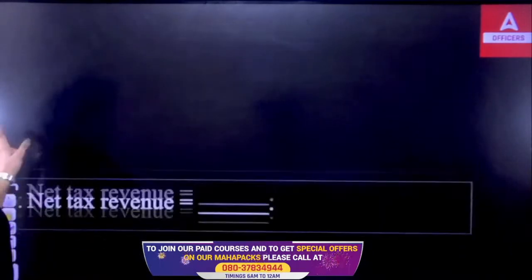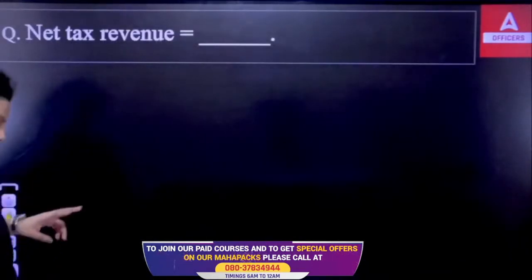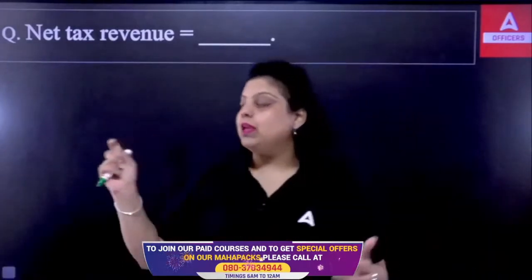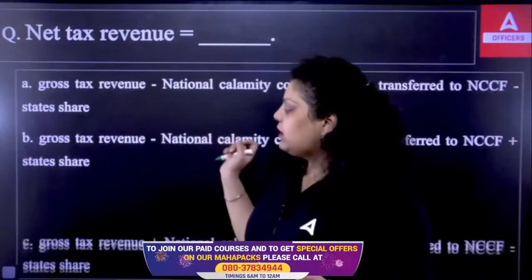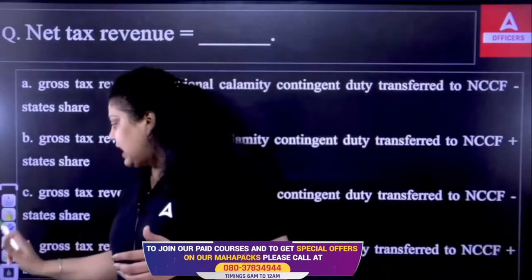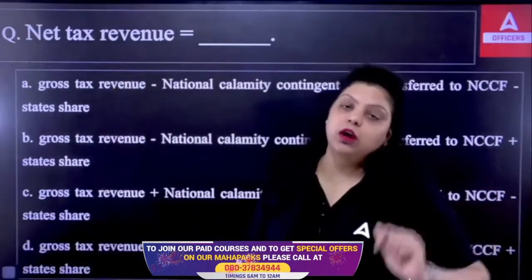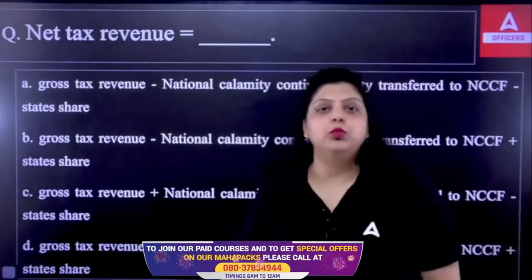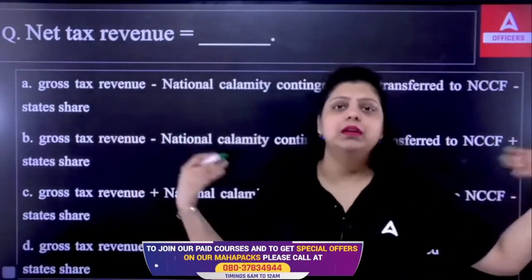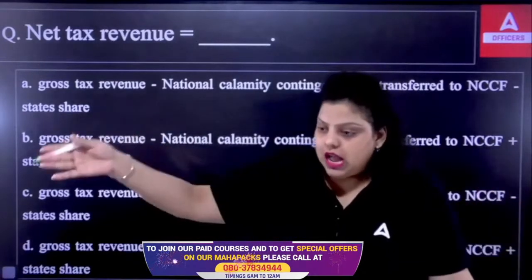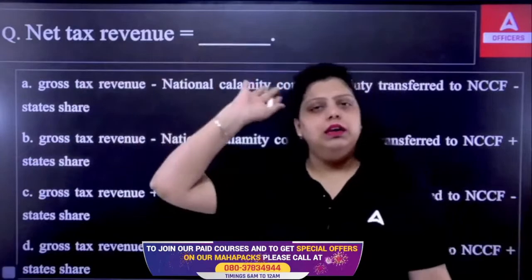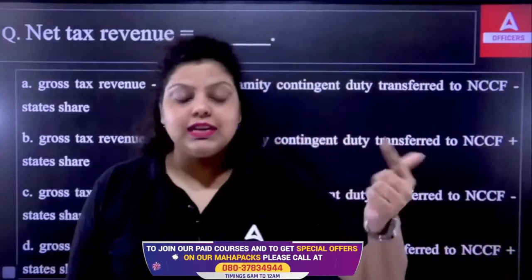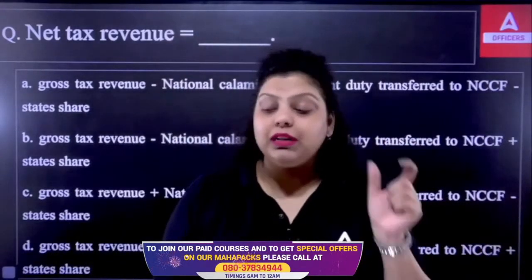Clear? Next, net tax revenue. Tax revenue is simply the earning that the government of India makes from taxes. There are two types of taxes, direct and indirect. Why do we call a direct tax direct, and an indirect tax indirect? Because direct taxes are those whose burden cannot be shifted. Let's say I am the customer, I am the public. I have a liability to pay taxes to the government, because the government provides all the services I use in the country. I use roads, the metro, public transport, whatever I use, it is here because of the government. So I have a certain liability towards the government, and I have to pay that amount in the form of taxes.